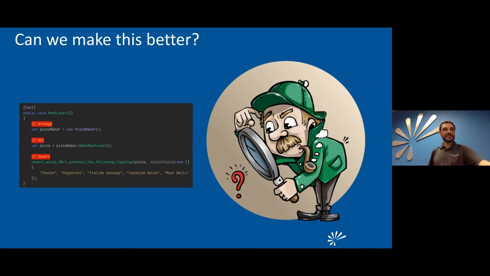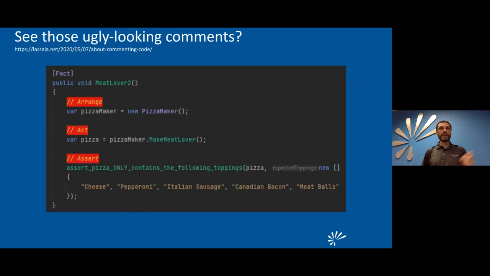So can we make this any better, right? It's already a little bit better than we had before, but can we make it better? Here's some of the things that I do. You see the ugly comments, how I show comments on my IDE, right? With the red background, with the yellow foreground. That's something I specifically do. I've been doing for over 10 years, or I don't remember for how long.